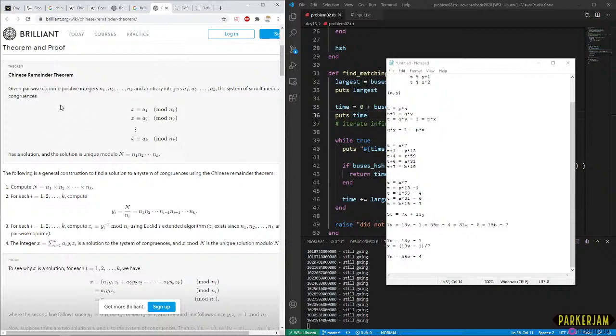7 is congruent to 2 modulo 5. Okay, that makes sense. That makes sense.